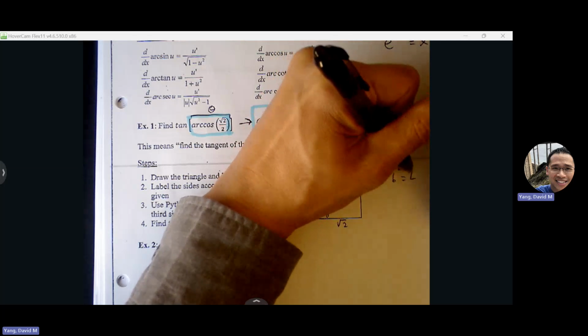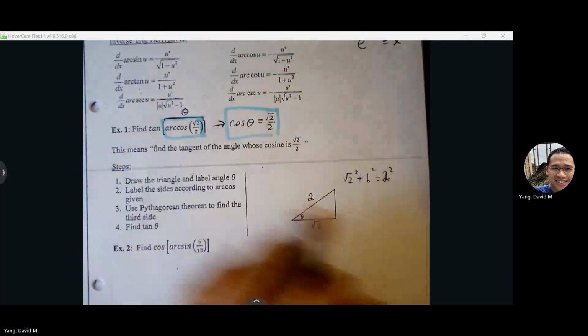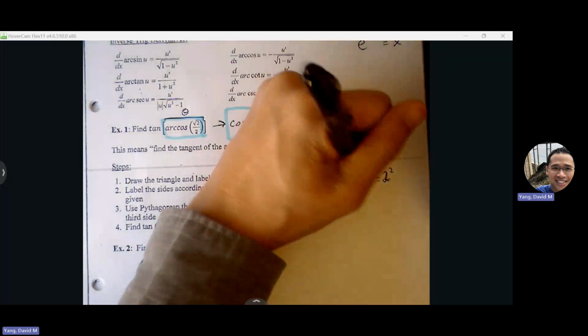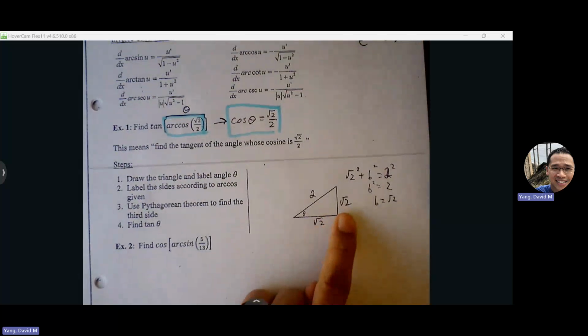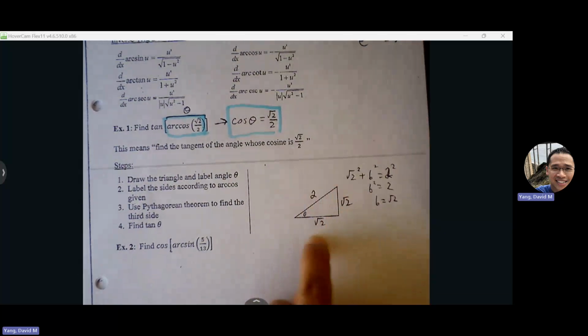And then if I do this here, root 2 squared plus b squared equals c squared. I get 4 minus 2 is 2, so b squared equals 2, therefore b is square root of 2. So using the Pythagorean theorem, we can find that third missing side. And now that we have that